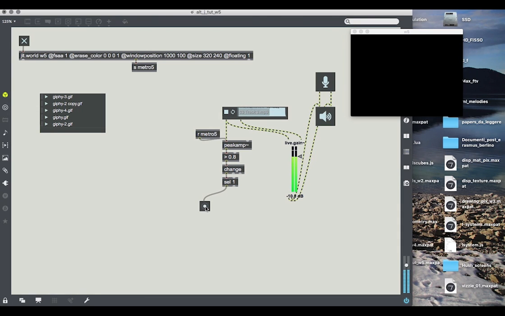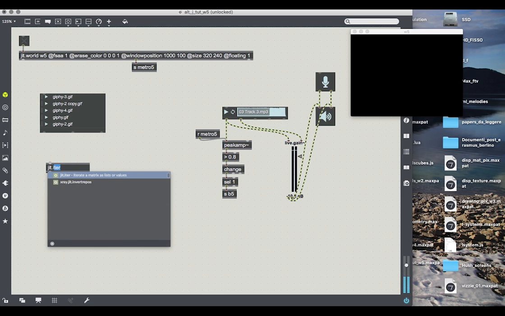So as you can see, it goes with the kick, basically. Okay. That's our trigger. So let's get send bang5,